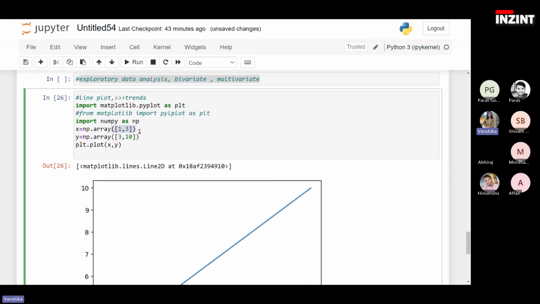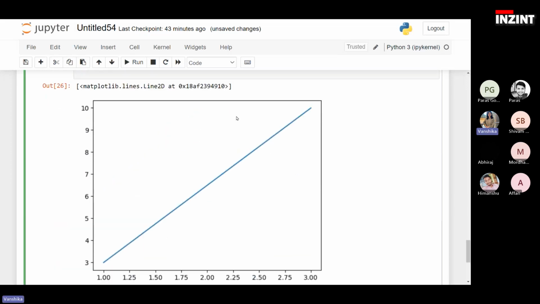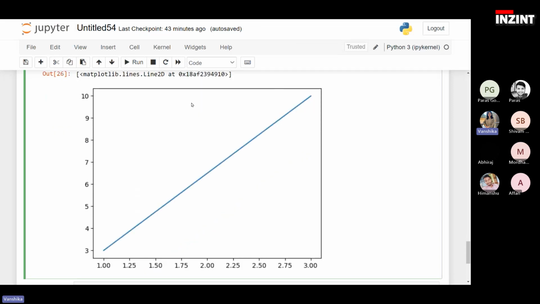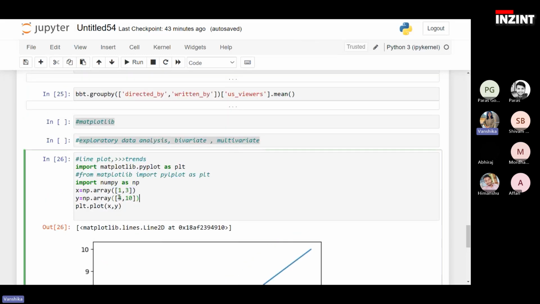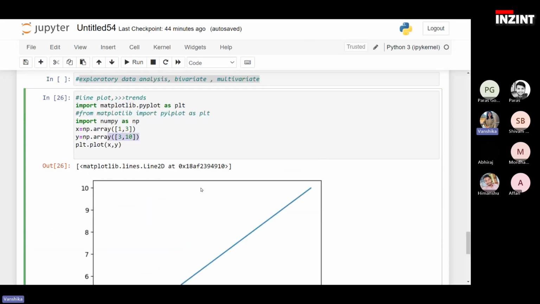But how was this data used to actually plot this line? Basically, you can see that my X array contains two values, 1 and 3. So 1 and 3 acted as the coordinates for this point. And Y contains two values, 3 and 10. So 3 and 10 act as the coordinates for this point. This is how you can use an array and matplotlib to plot a line between